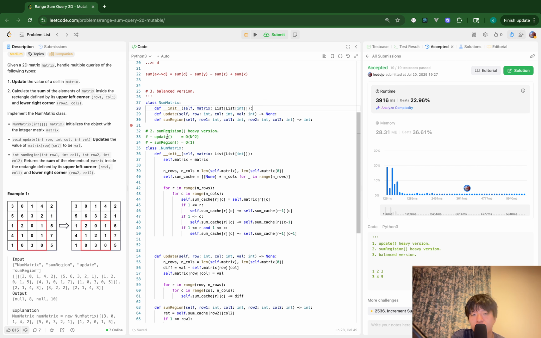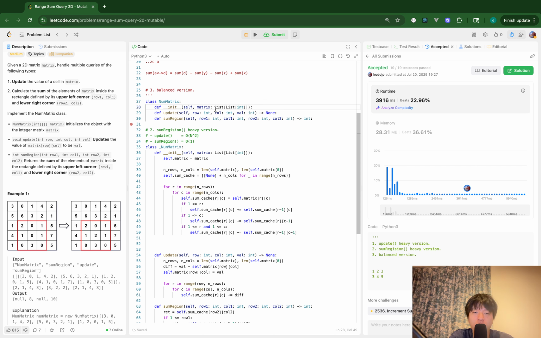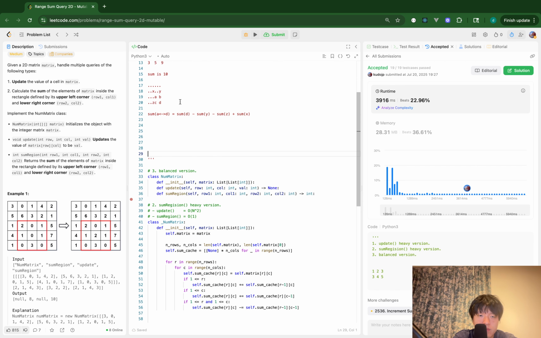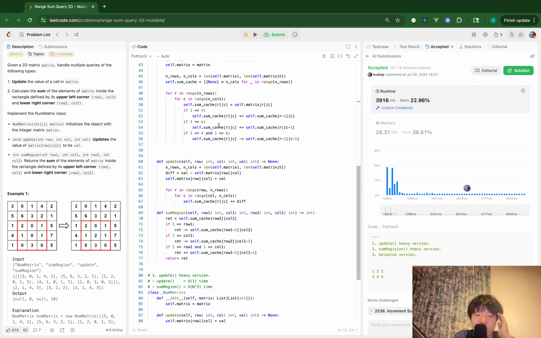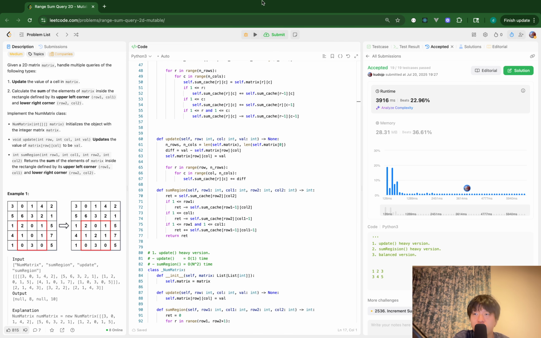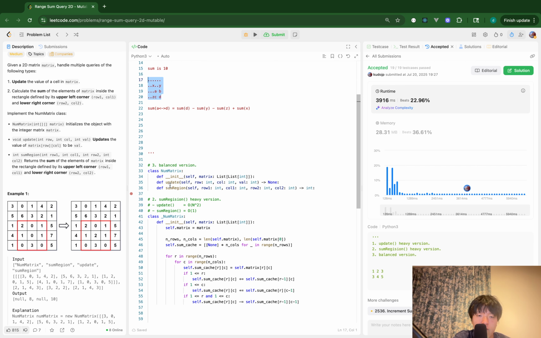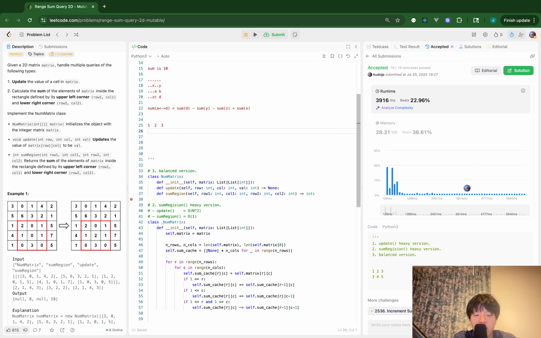And the approach I can use for this case is that in the second approach, I mean the update heavy version, I use the 2D region, but in this case, I use a bit different version of the caching,